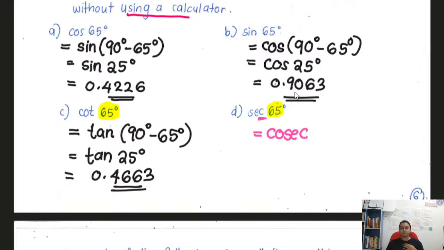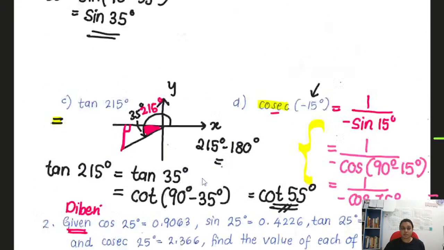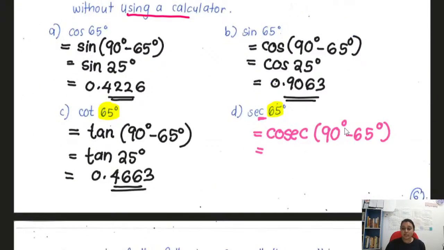Okay, best friend for secant is cosecant. So, tukar dulu to cosecant. 90 minus 65. Okay, cosecant, not cos. Cos means that one, Kirtana, you are changing to this bentuk, 1 over cos. We are now not changing to that bentuk. We are using complementary. You change to that bentuk when your angle, contohlah 100,